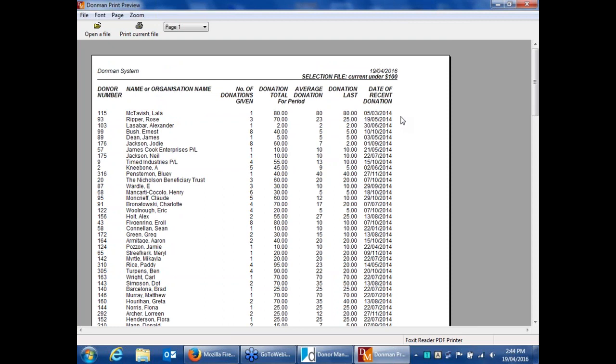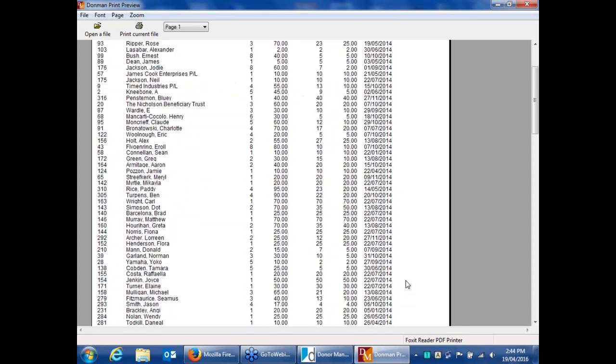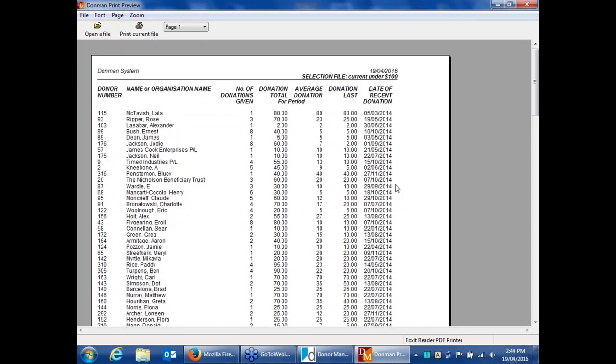So sometimes if you're trying to do the selection based on lapsed donors based on the date of last gift, or current donors based on the date of last gift, the same sort of thing. You can quickly run the report, just look at the dates and not have to worry about all the details over here, because if the dates are all in the range that you selected, then okay, there's a good chance I've got all the right people and I can now do my mail merge without having to do anything